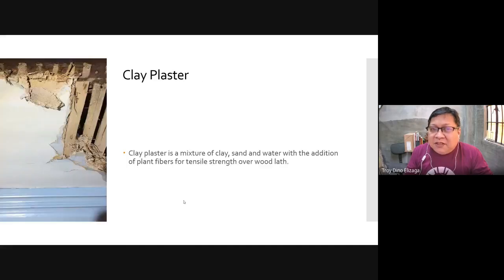The clay plaster is something which is used in the old constructions. We also call it by a local term, tabique pampango, or tabique. I'm not sure if Pampango refers to the place, but it's definitely not Pampanga. And I'm not sure whether my sources are correct, but Tabique Pampango refers to a place in Cebu